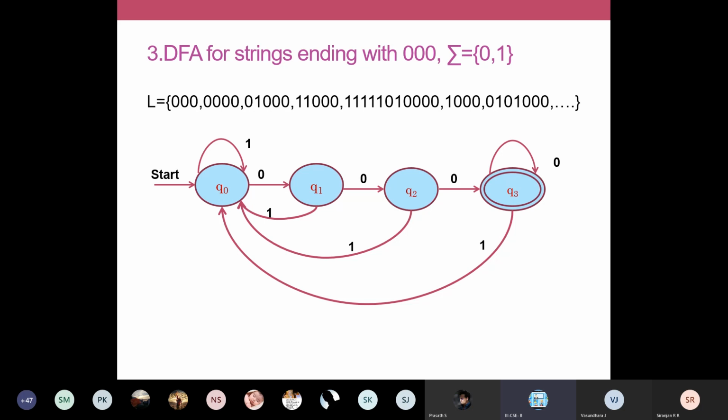You're going to wait. Okay, so in Q3 you're making a self loop for 0, because in Q3 just imagine I have already read 3 zeros, and even if I read any number of zeros further, you have this ending with 0 condition satisfied. Okay, the strings must end with 0 is satisfied, so you can wait in Q3 itself. Okay, so that is the logic in your ending with.